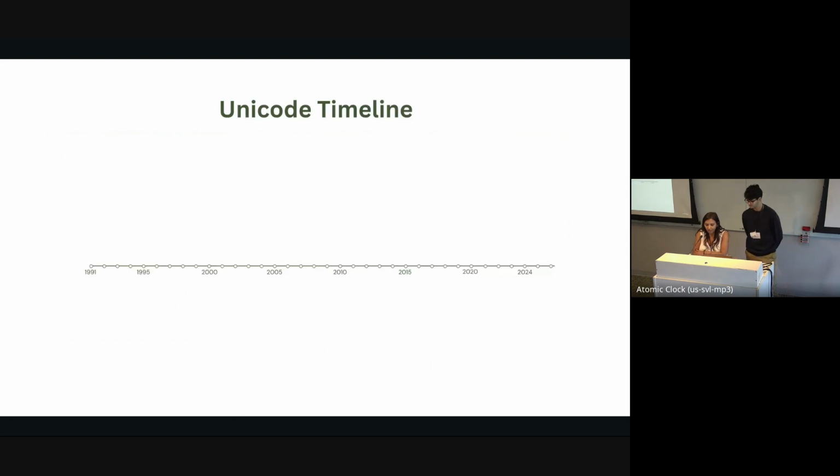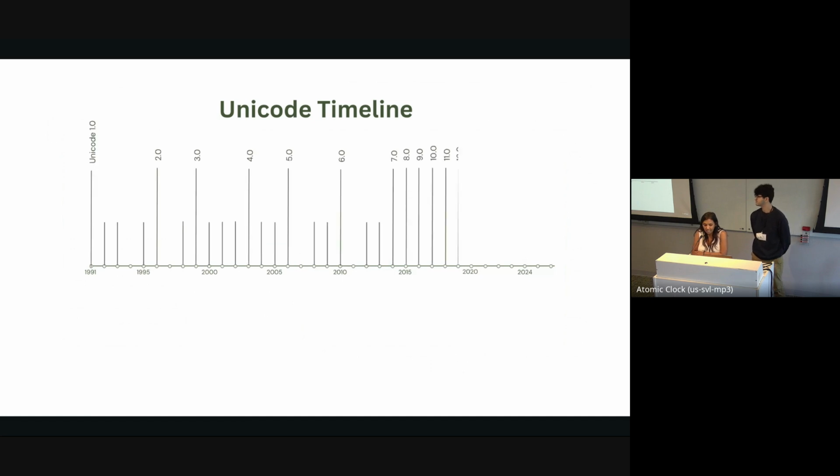As you know, between 1991 and 2024, 16 editions of Unicode have come out. You can see here on the longer lines the 16 major releases, and the intermediate releases interspersed between them on the shorter ones. In the early years, there are many more intermediate releases, but in the last 10 years or so, Unicode has been putting out major releases roughly on an annual cadence, with one exception last year. Let's go through a couple of milestones to get a sense of the project's progress over this time.